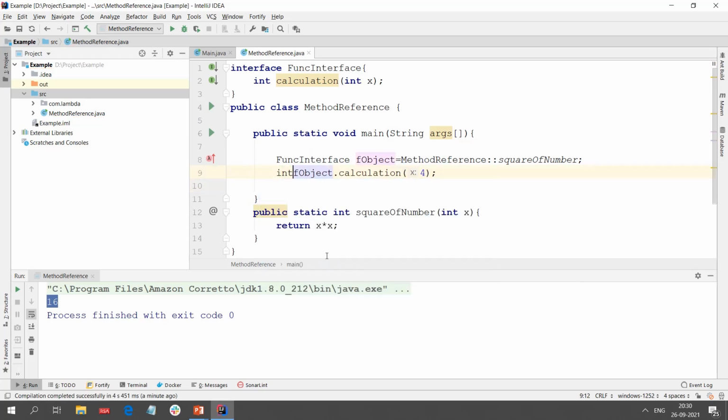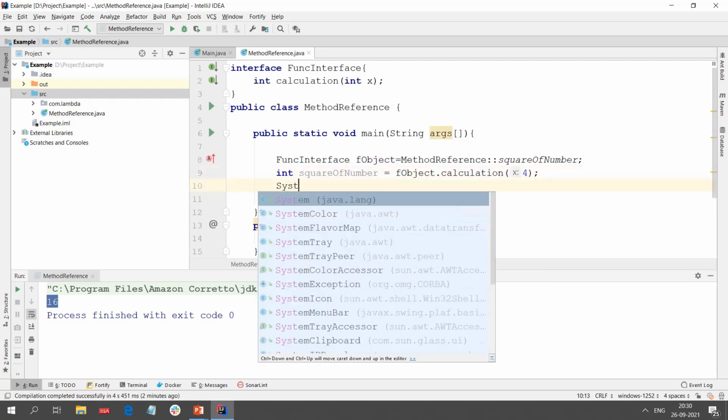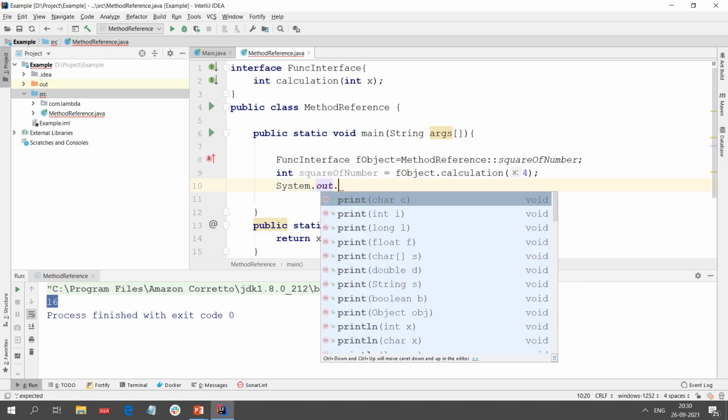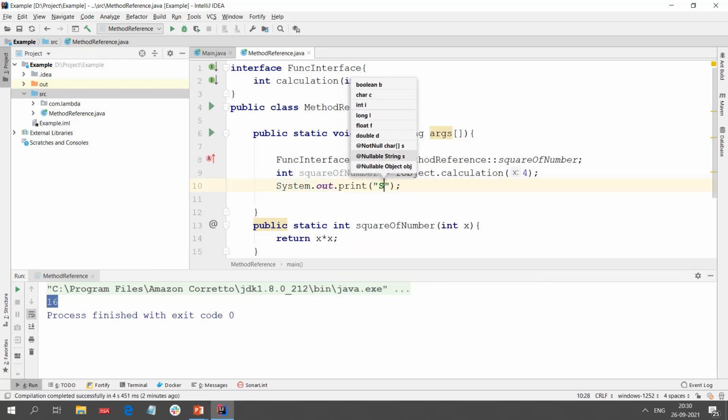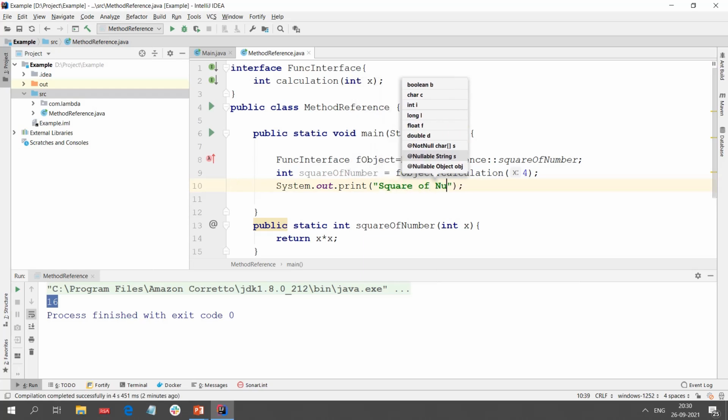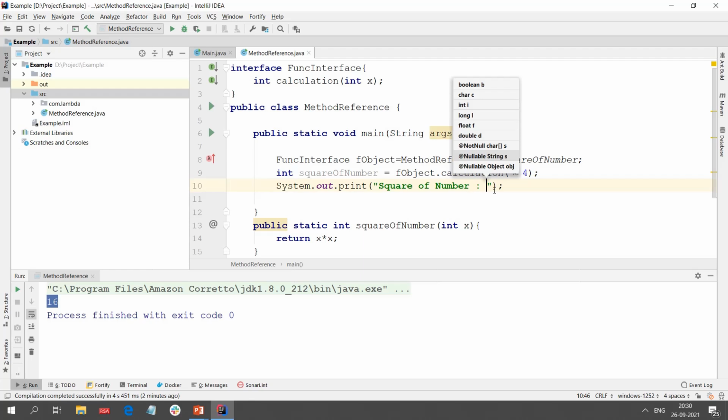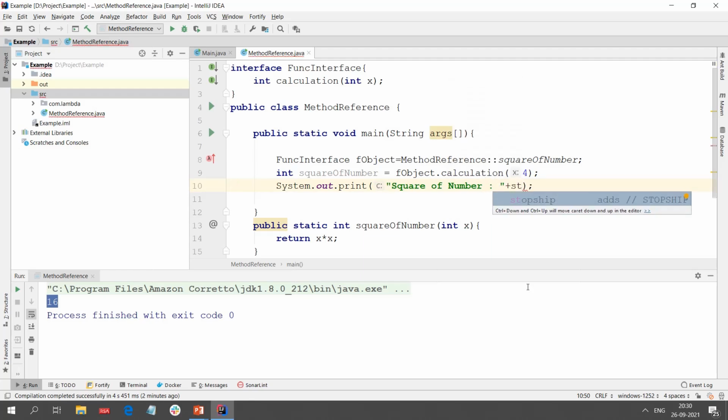I will catch the value in a variable called squareOfNumber, and let me just print it. System.out.print square of number, and let me concatenate the variable squareOfNumber.